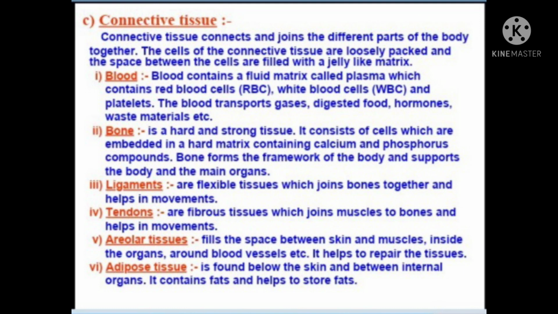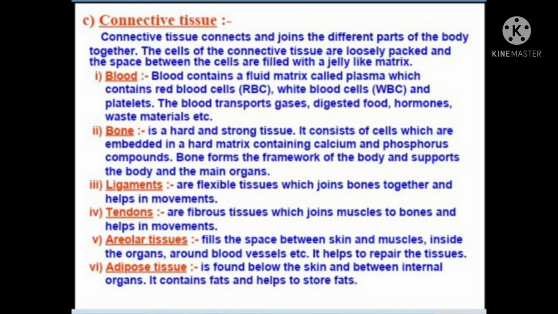Connective tissue. The internal organs are located at specific places because there is no displacement of organs due to connective tissue. They connect organs and muscles. These tissues are called connective tissue. Connective tissues help in binding the other tissues and organs together and provide a framework and support to various organs in the body.